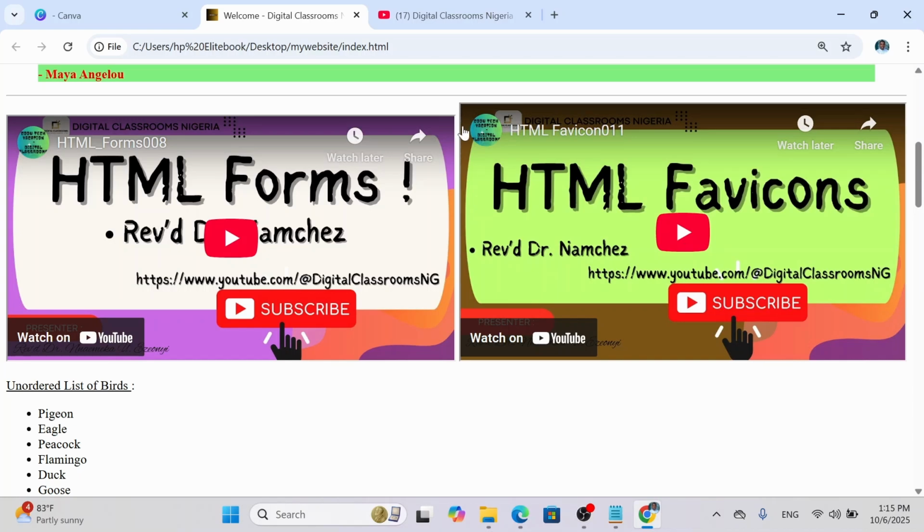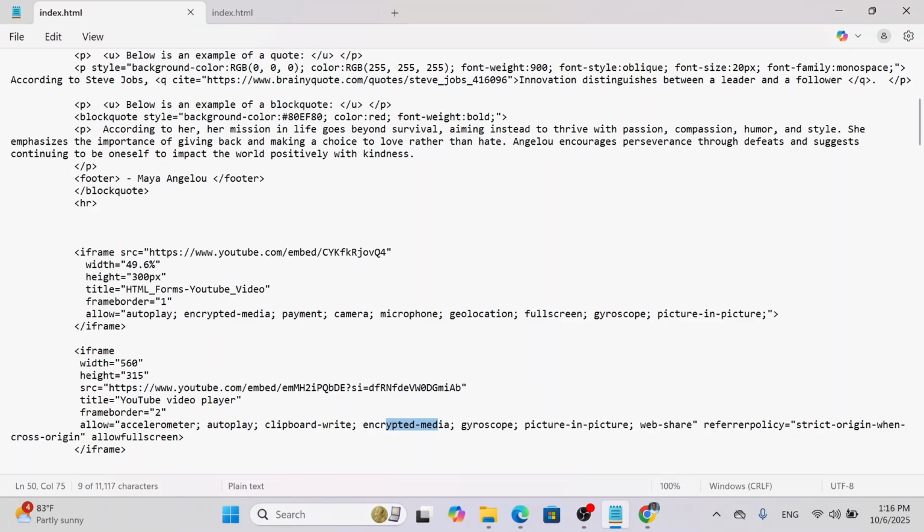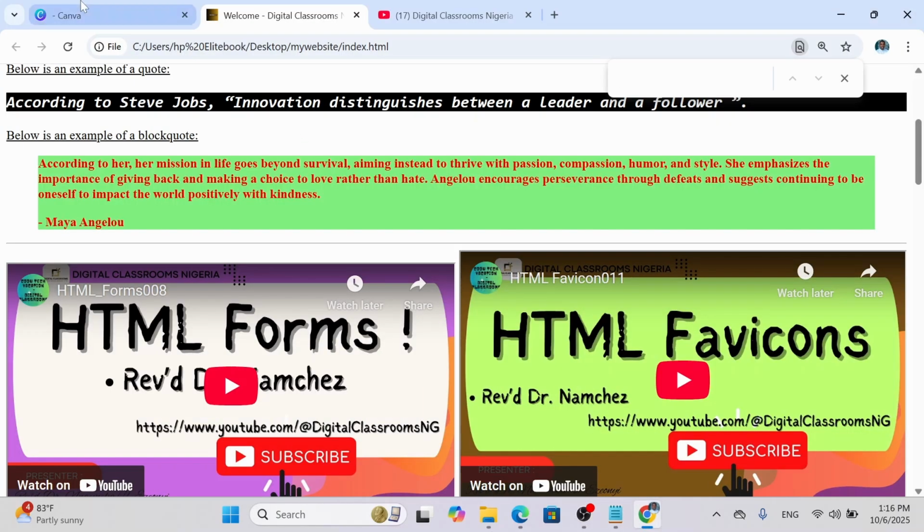You will notice that the HTML favicons video has a frame border of 2, while the forms video has a frame border of 1. Okay, I need to ensure that the width is the same, Ctrl V, and 300px, the height. So I click file, I click save, and then I refresh,